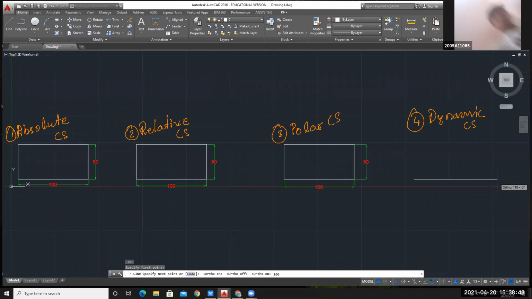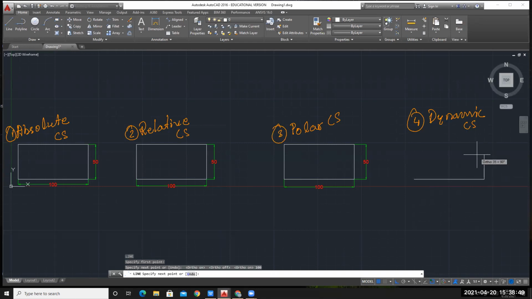So I want to move on right hand side of the point and the length is 100. Press enter. Now I want to move vertically upward direction. So you take your cursor in vertical upward direction and specify the value through your keyboard on the command line, 50. Press enter, you will get a line of length 50.